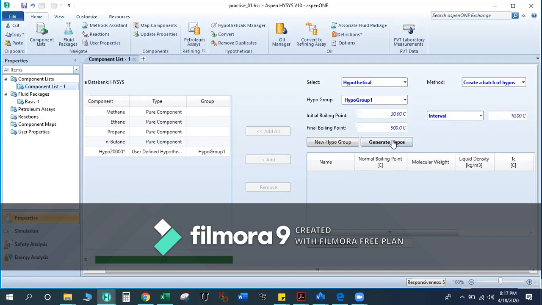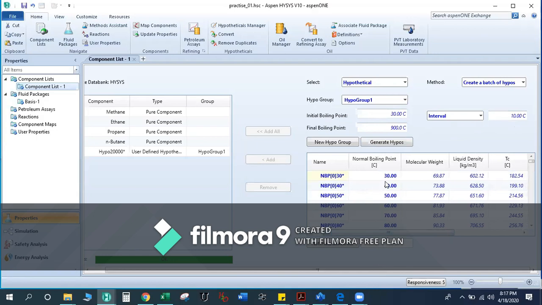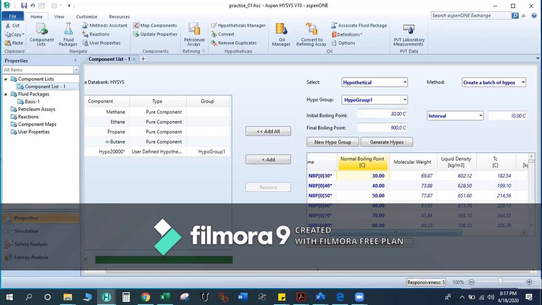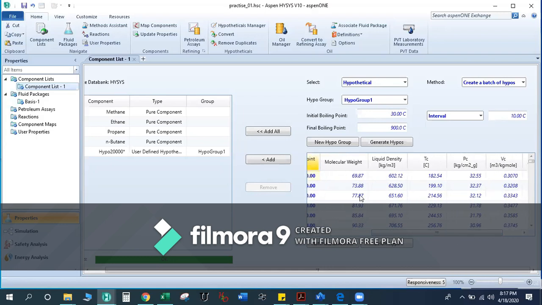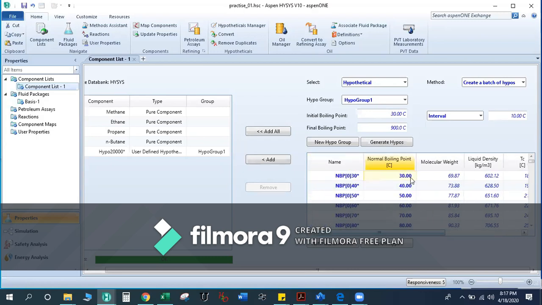Now generate the hypo. Now your hypo has been generated. The first cut you will get is NBP 30. NBP is basically the normal boiling point, at a temperature of 30 degrees C. Like NBP 40 means normal boiling point at a temperature of 40 degrees C. So at 30 degrees C the properties are like this, and at 40 degrees like this.